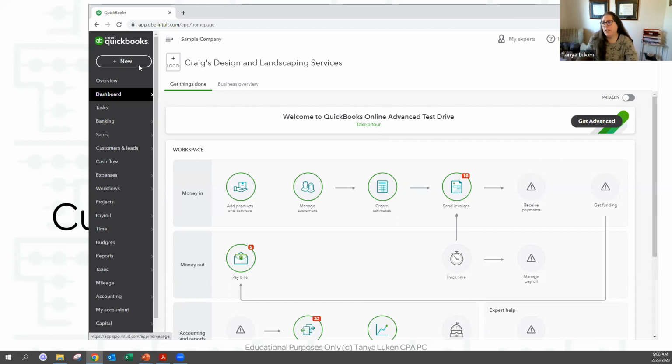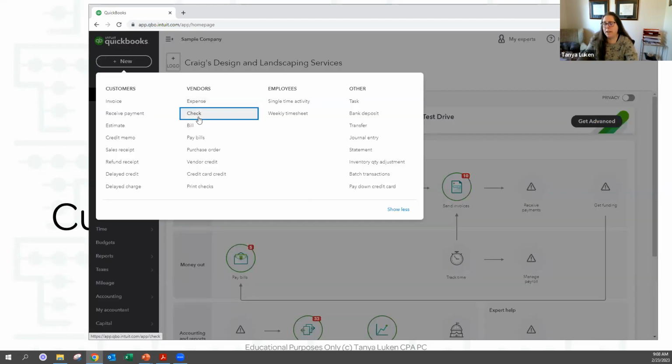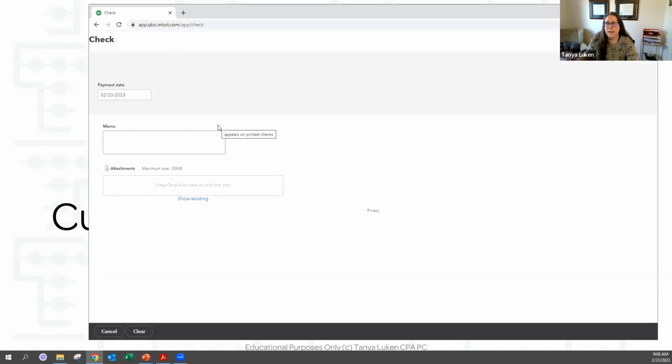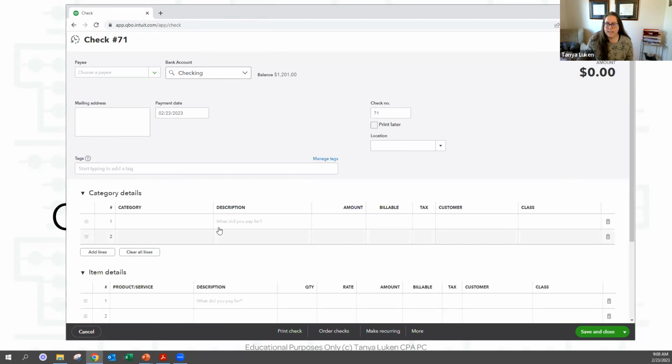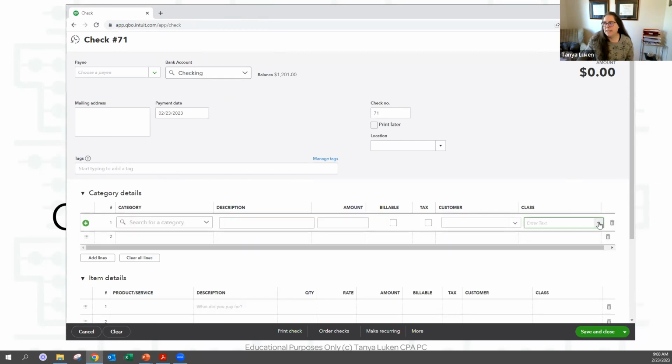Locations have a one-to-one relationship with the transaction. When you're recording a transaction, everything in this gray bar at the top is a one-to-one relationship, meaning that whatever you put in this gray bar, that's it. That's all that can go there. Anything that goes down here in all of these items, you can pick multiple classes.